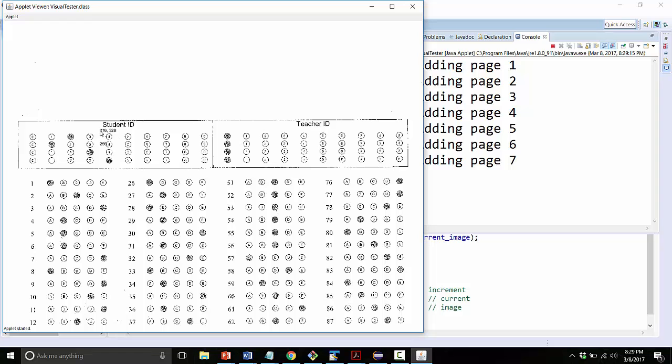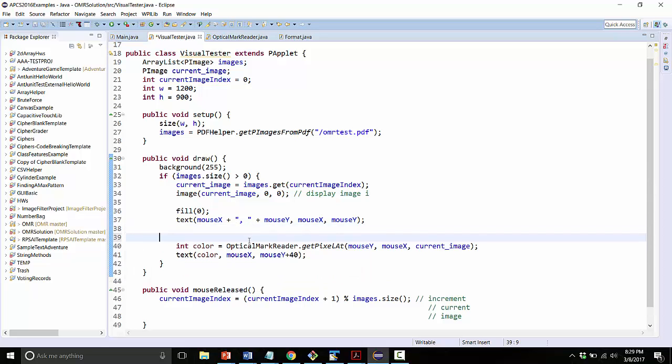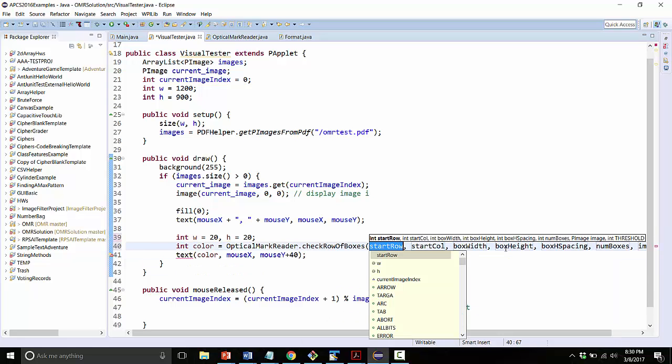As long as I'm seeing that that method works, if my code has problems, what that tells me is it's not about how I'm getting out the pixels. It has to do with what I do after I get them out. So my next level of debugging is something like this. I'm going to declare a width and a height variable that are both 20 by 20. And then instead of running getPixelAt, I'm going to run